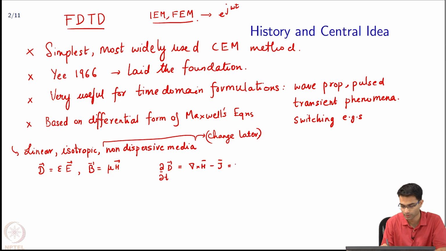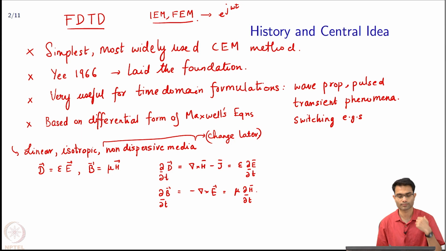And that simply becomes epsilon times del by del t of electric field. Okay, that's your first equation, and then the second equation is curl of E, and that becomes